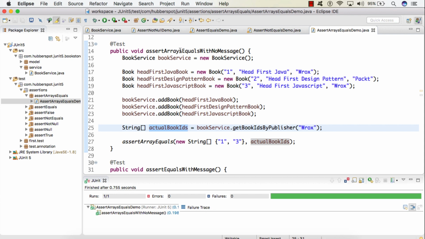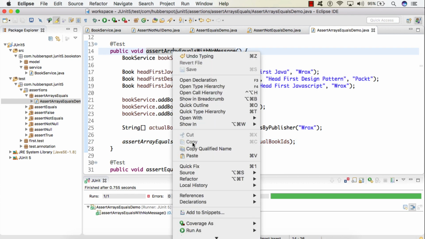So in the first test we saw assertArrayEquals with no message, and also we saw that these two arrays are equal because both arrays have elements 1 and 3. The number of elements is also equal, and the order of these elements is also equal.